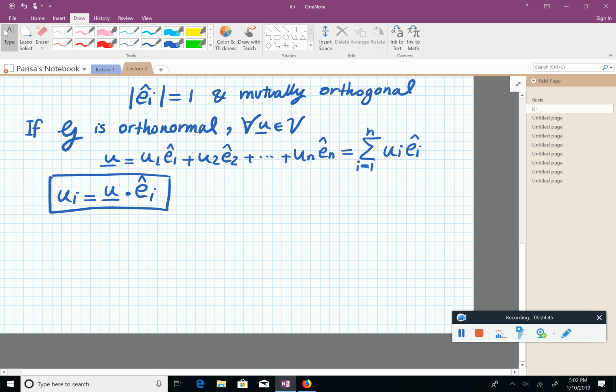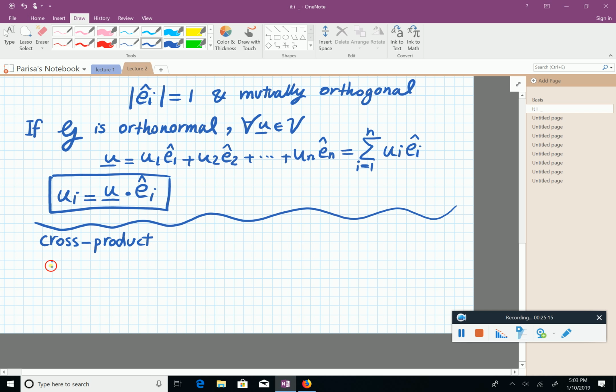So before moving towards definition of tensor, let's just remind ourselves also, I kind of put a line here. And now that we talked about inner product, let's also talk about cross product, because we need it in a few minutes. So, I hope you remember the cross product as well as you remember the dot product. First of all,